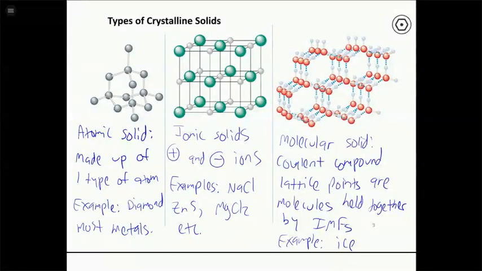All right, so those are the types of crystalline solids, just to be familiar with them. Like I said, the details of the structures are going to come a little bit later. What we want to talk about today are some properties of metals that are related to their structure and more